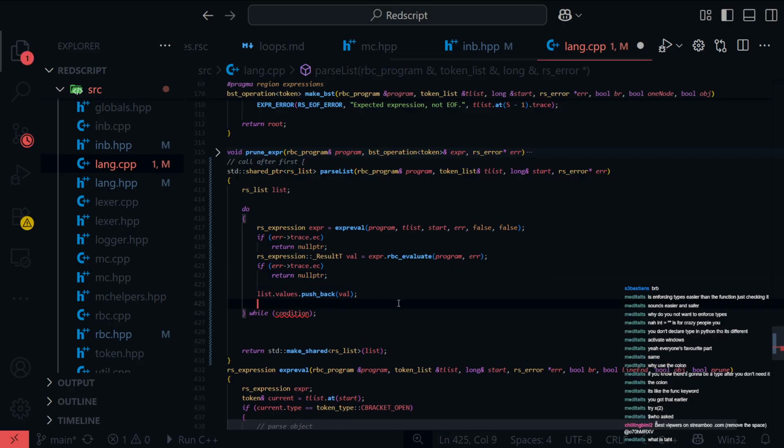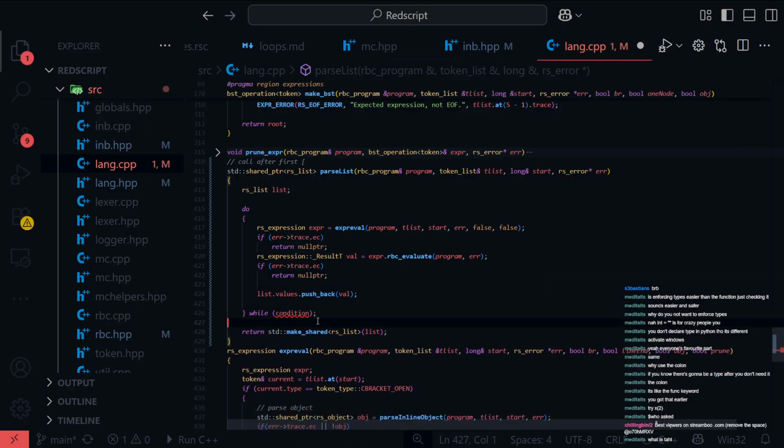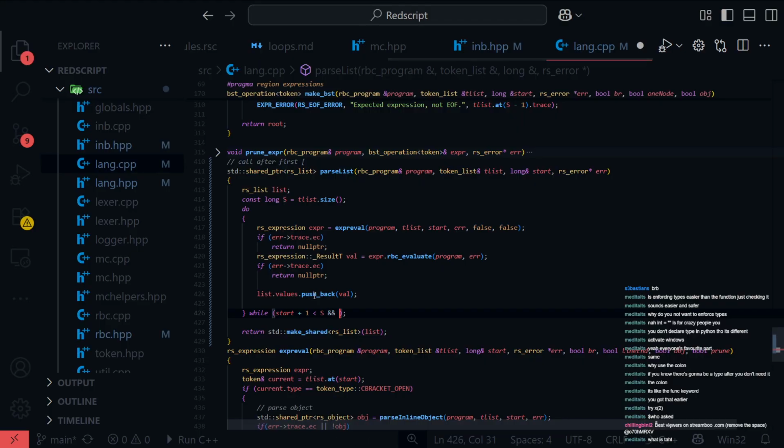Thank God those squiggles went away. And we do while we advance, or we can't do that, sorry. While start plus 1 is less than size, where constant long size is the tlist dot size. So while we can go into the future, into the next token,